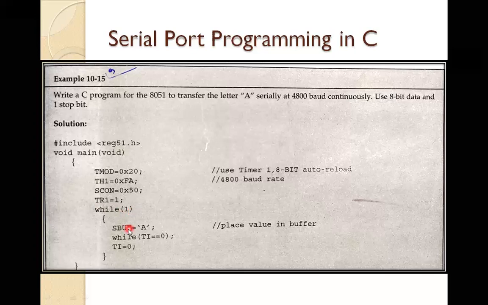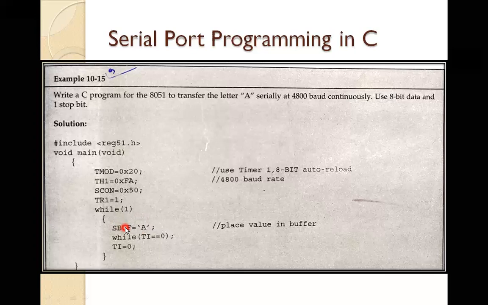Then whatever character you want to transfer, first place it into SBUF, that is our boat from one bank. So SBUF is like a boat only. Place the character A, the letter A, in the SBUF register. Here you write double inverted commas around A, which indicates it is not hexadecimal A but the letter A. Place it in the SBUF register. This is also standard nomenclature for 8051, SBUF.